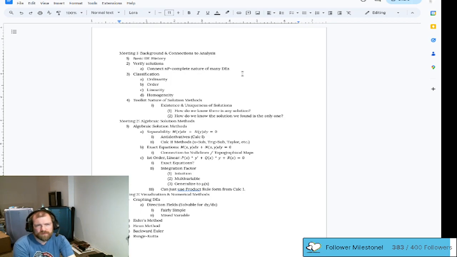All right, and that fourth group there, the solution methods are typically toolkit in nature, which is to say that it's not going to be just a one and done, you know, this is how we solve, or,